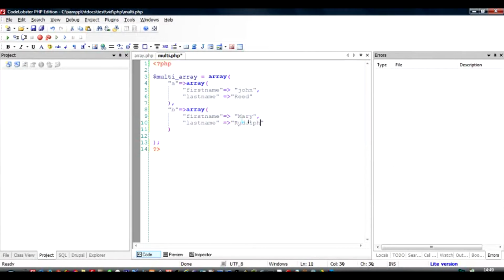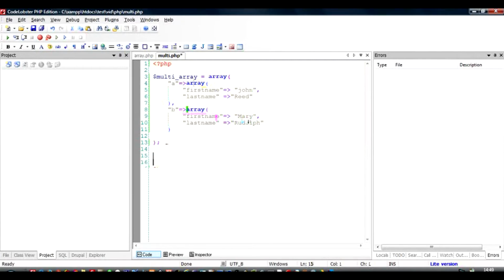So I just format it again. You can see that they have been neatly aligned in my editor. This is the first level of array, which is the keys and the associated values. The values here are arrays themselves. Inside that array is the key and the value. This is how you define a multi-dimensional array in PHP.